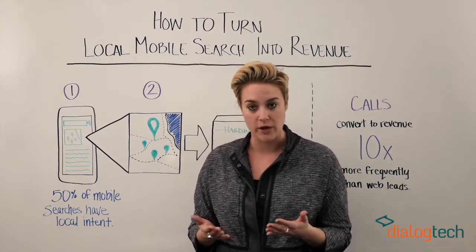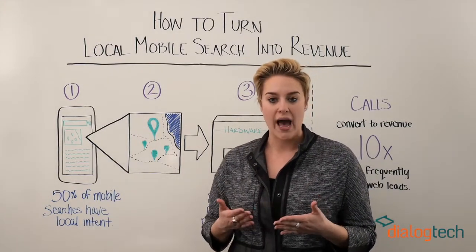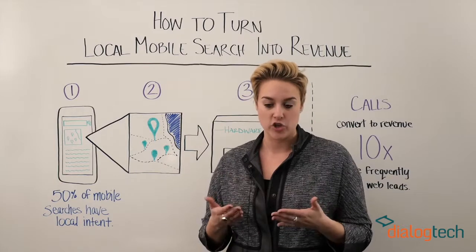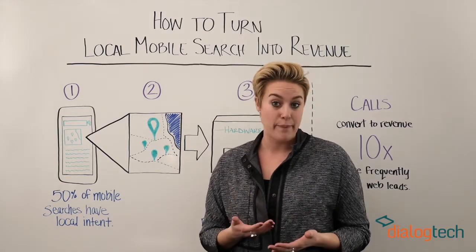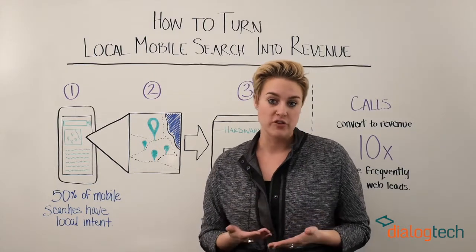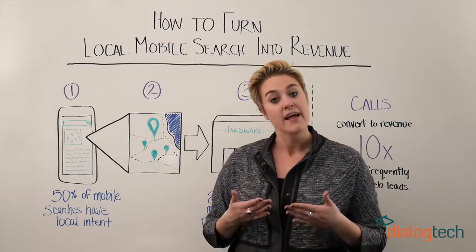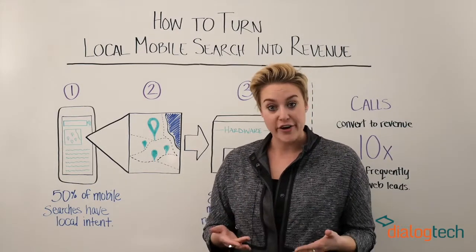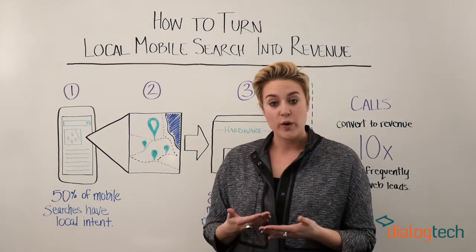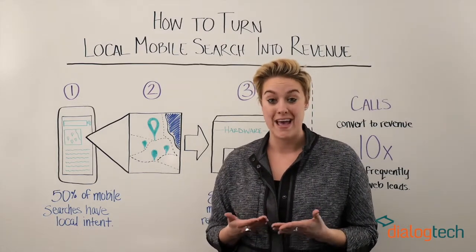So the first thing I want to talk about is Google. Google uses IP addresses to track the location of every searcher. So for example, if I pick up my smartphone and I search for a hardware store, I'm going to be served results for hardware stores in Chicago because that's where my IP address is, that's where I live. However, if I search for hardware stores Miami, Google will serve me results for hardware stores in Miami because I